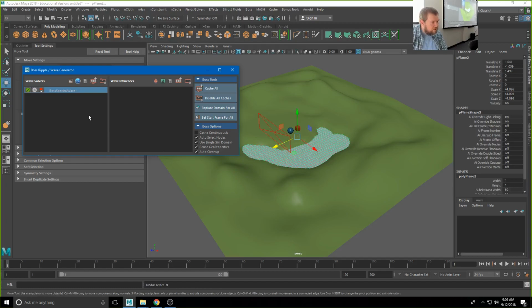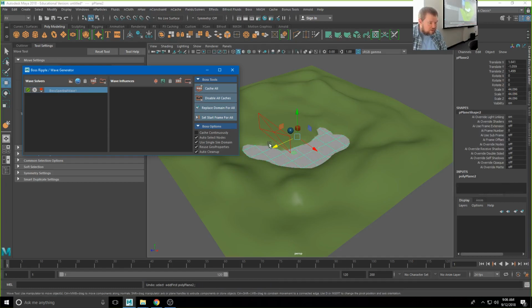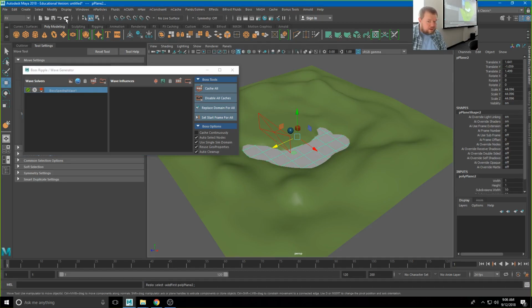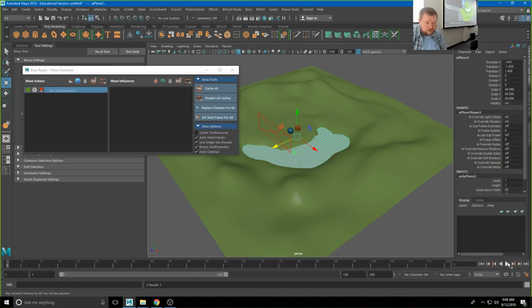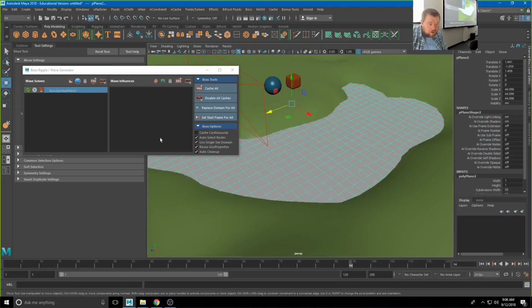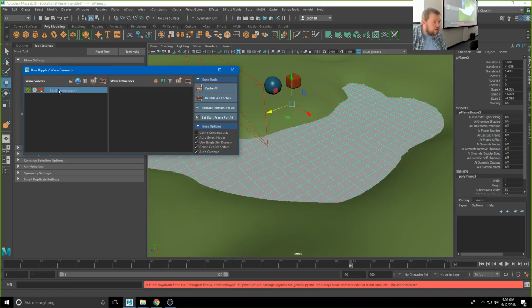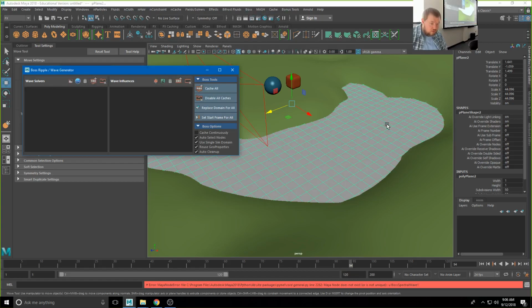Just to make sure I did that correctly, we need to do that while my object is selected. I think I did. Let's see if we hit play now, or if I go to playback speed, real time, and hit play. Apparently not. Let's try that again. I'm going to delete that. Let's reopen the boss solver, or boss center. There we go. So with this selected,